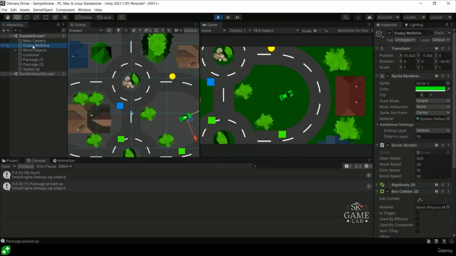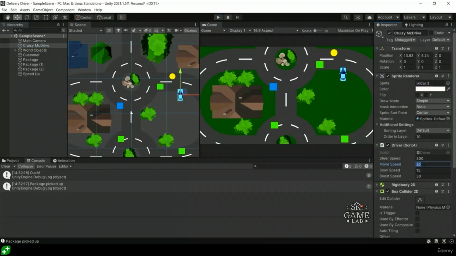How can we tell? If I click on Cruiser McDrive, there's probably move speed somewhere. Yep, move speed is now at 30, the same as boost speed. If I unclick play, then move speed will return back to the 20 that it was. Excellent. So we have created ourselves a speed up, but we want to make sure that we stop speeding up